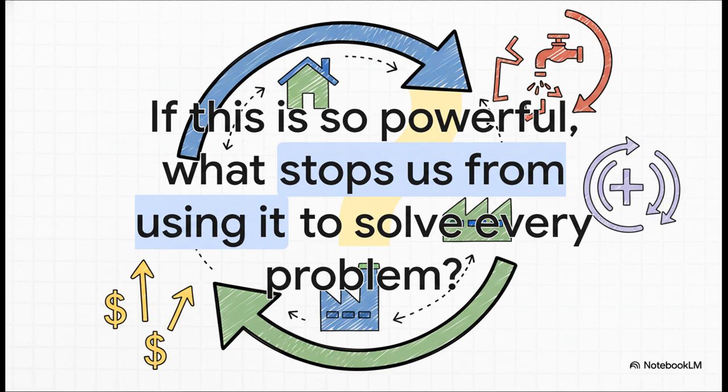If this ripple effect is so powerful, why can't we just use it to solve every single economic problem? Why doesn't the government just inject a ton of cash every time there's a slowdown? Well, what's the catch? And the catch, as we saw, is overheating. It's a constant balancing act, using that powerful multiplier to boost growth without tipping the scales into runaway inflation. That's the tightrope every policymaker has to walk. And now, you know how it works.